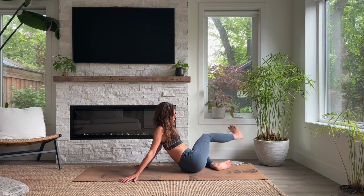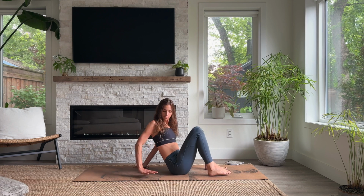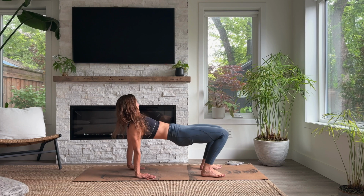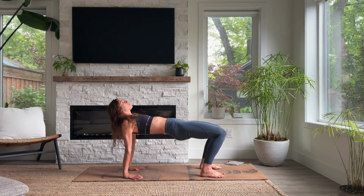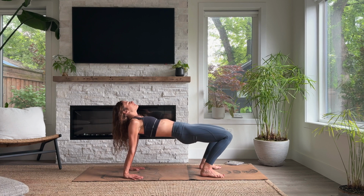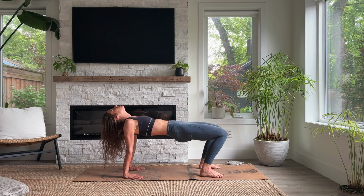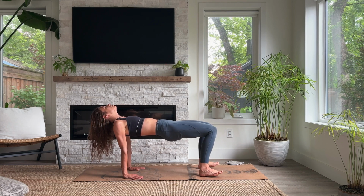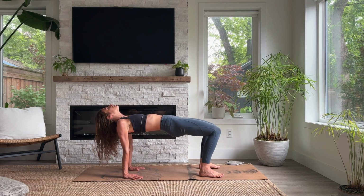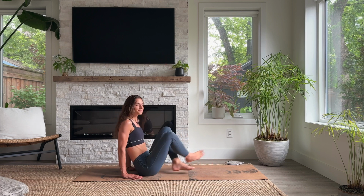And when you are finished, step your feet hip width apart. You may need to shuffle around. Bring your hands behind you, fingers point forward. Lift up into a reverse tabletop, squeezing your glutes and your belly to lift your hips even higher. Keep a tiny tuck to your chin. And shift forward and back a couple of times. Lift up one last time and then lower your hips to your heels, cross over the legs, reach your hands